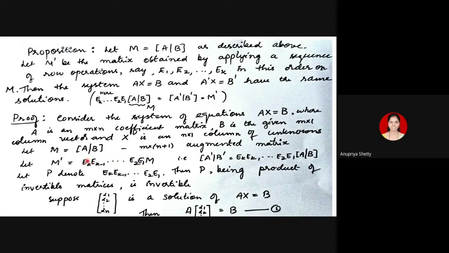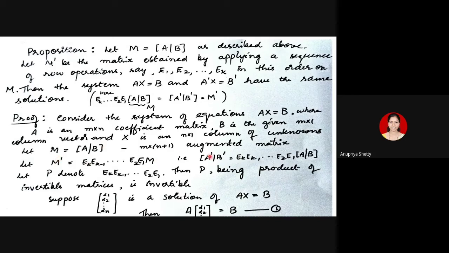So this is the matrix Ek into Ek minus 1, etc., E2 into E1 into M. That is called as M dash. A new name we are giving it. So this entire matrix which you get after multiplying these K plus 1 number of matrices, that is denoted by M dash now.